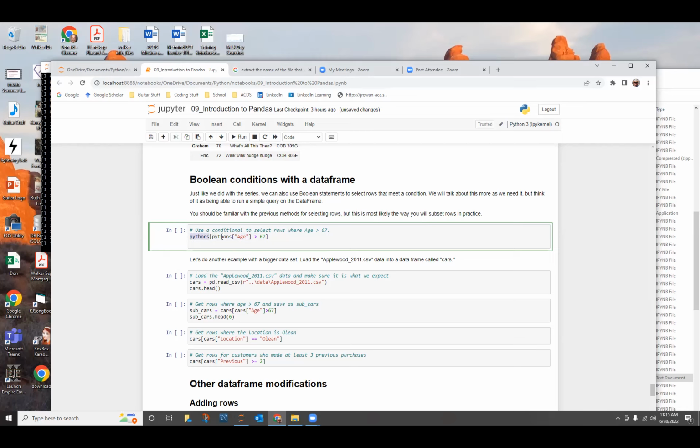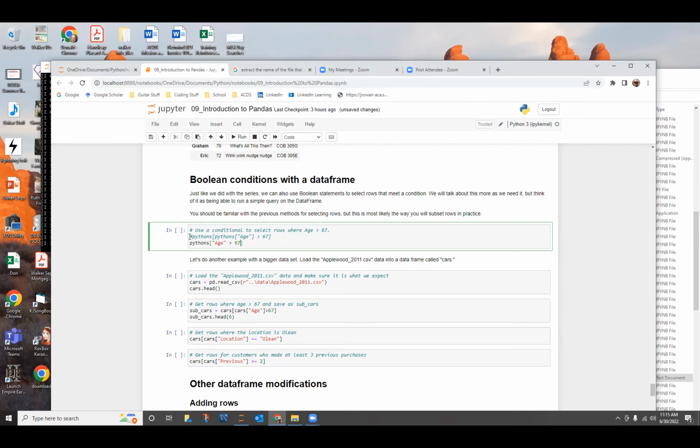So you can't say, let me comment this out, it might be intuitive for you to say Python's age greater than 67. If I were to say, show me everything in that data frame where the age is greater than 67,